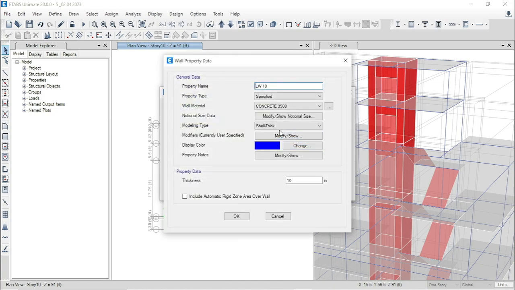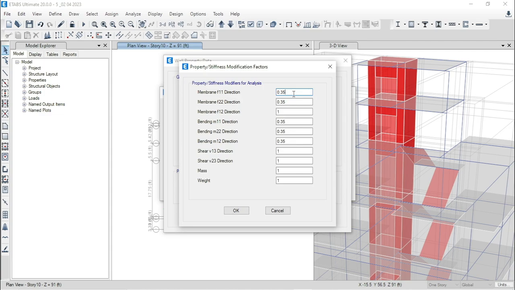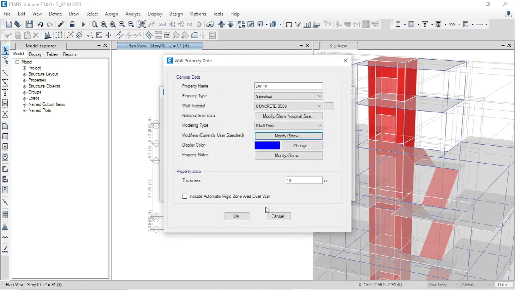Initially we thought about considering the cracked section of the shear wall, but this will not be economical, so I am changing its modifiers. That means if you need to consider its property as cracked, you have to take 0.35. If you are interested to consider its property as uncracked, you have to take 0.7. This is just your judgment. ETABS has both options.